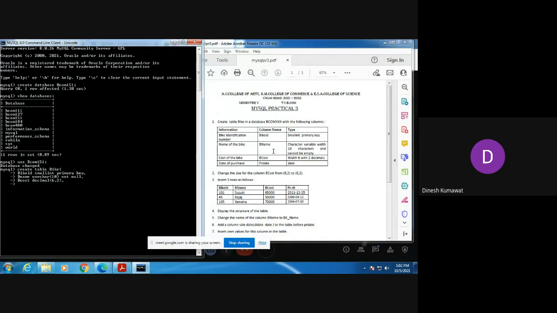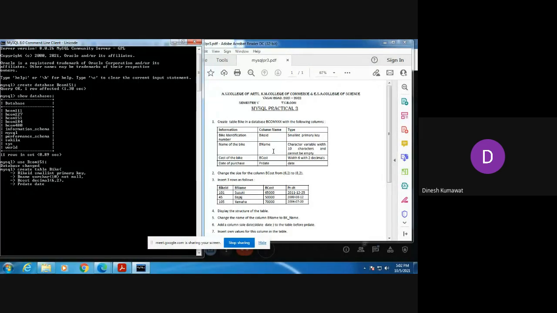So what is our next column name? PR date, or you can say per date. And what is the data type for this column? Date. Now observe, do we have any further columns in this table? No. Which means we need to complete this table over here.